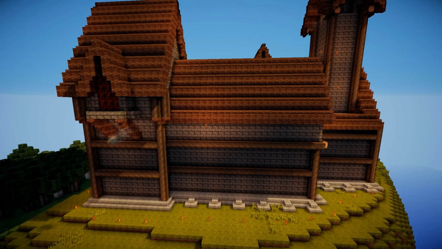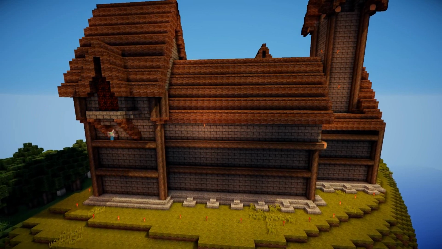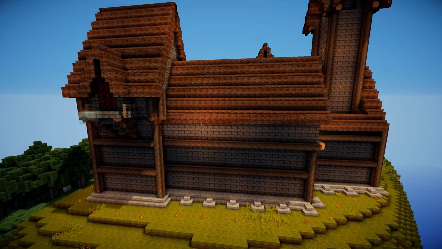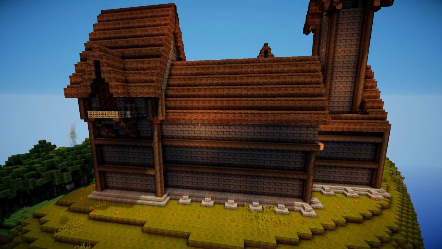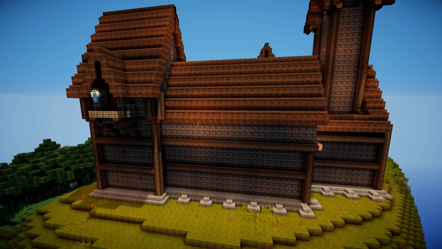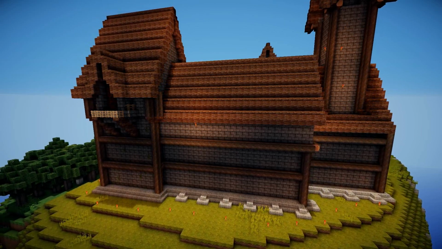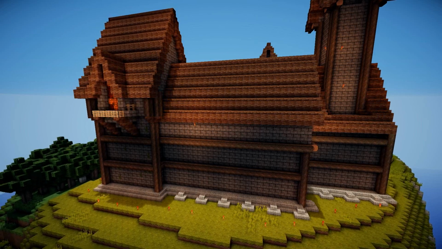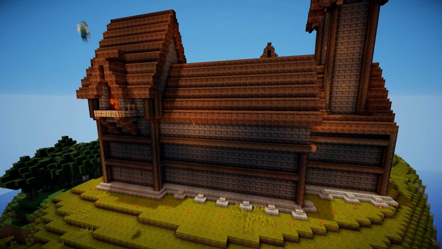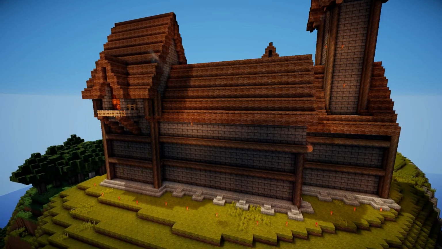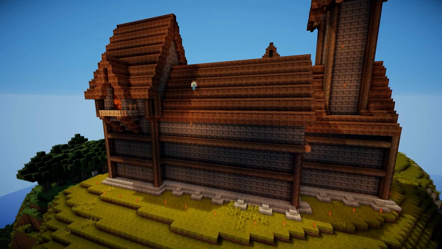Now what I'm doing with the windows for this building is I'm using redstone lamps and putting levers inside them. And what that means is, with all the lamps turned on, these windows in the middle of the night are going to look like they're well lit up in this large lived-in mansion. And that's going to add to the spooky glow that's going to emanate from this spooky structure. So, with the redstone lamps in place and lit up with levers,